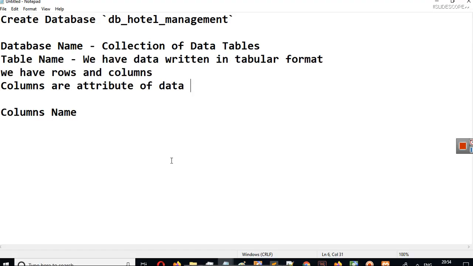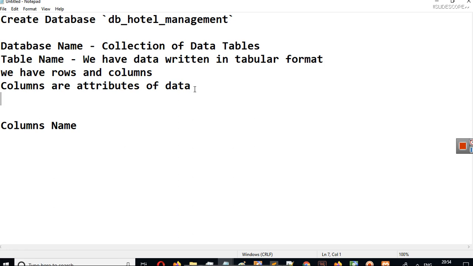These fields are the attributes of data, and using these attributes we will be able to identify any particular data. So columns are attributes of data, or fields that are needed in order to describe data, because it's tabular data. There will be some columns, and inside those columns we will have our various information.